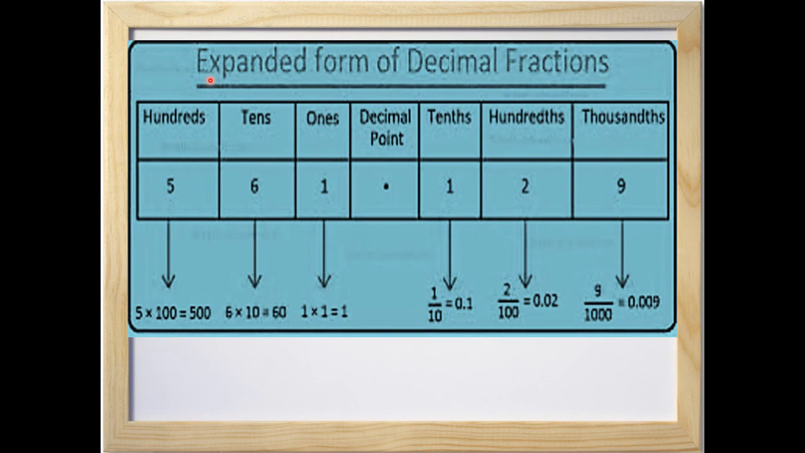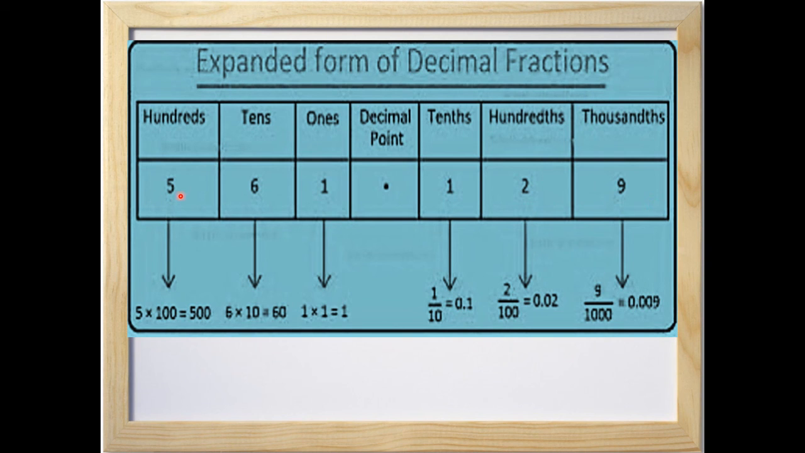Children, now we will learn the expanded form of decimal fractions. But what is expanded form? Expanded form is the sum of the place values of the digits in a number. What is expanded form? It is the sum of the place values of the digits in a number. So, for example, let us find the expanded form of